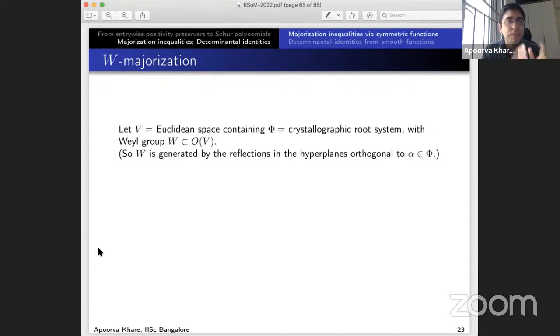So, anyway, let V be a Euclidean space containing a crystallographic root system with this Weyl group. What does that mean? It means the root system is a finite set of vectors satisfying certain axioms, and to